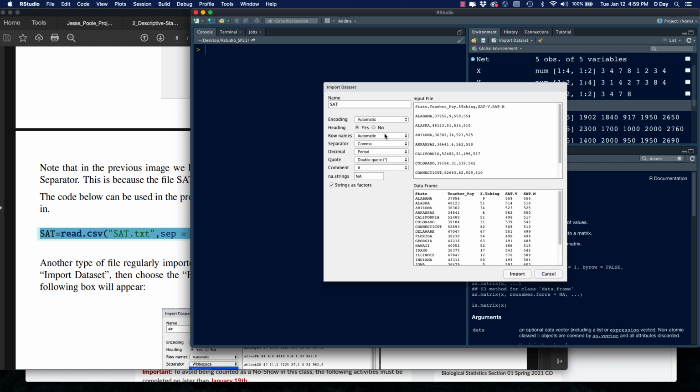Encoding is automatic. You can leave that. You want the heading to be yes, because if you click on no, it changes the variable names to v1 through v5. So we want the variable names, so we click yes. It's already diagnosed that the separator is a comma, which is good. It doesn't always do that immediately, but if the data frame down here looks the way you want it to look and it's separated nicely like this, then we can just click on import,